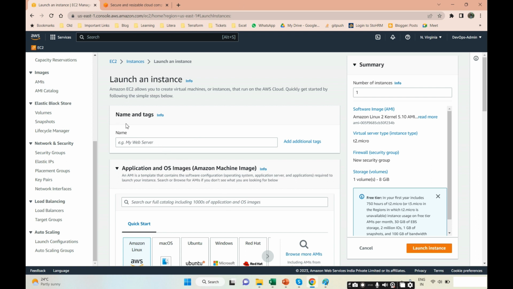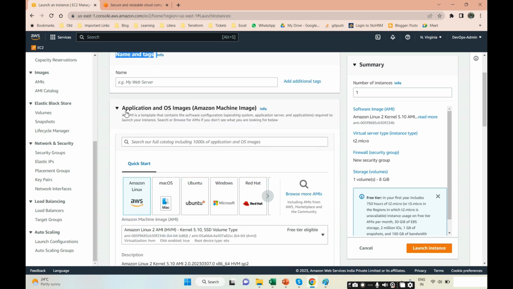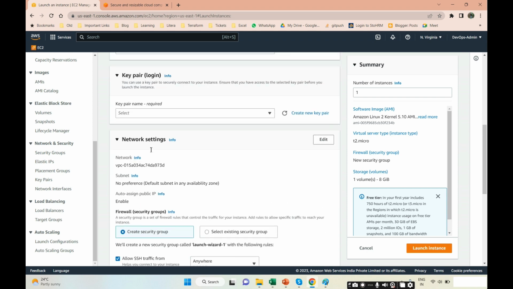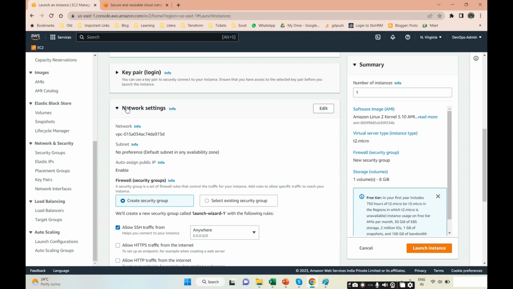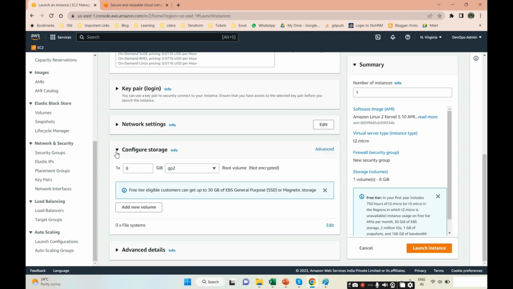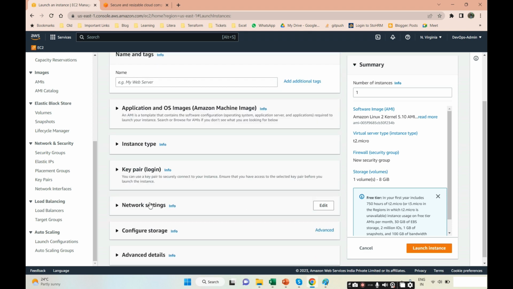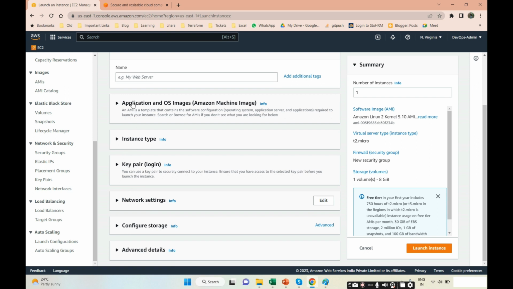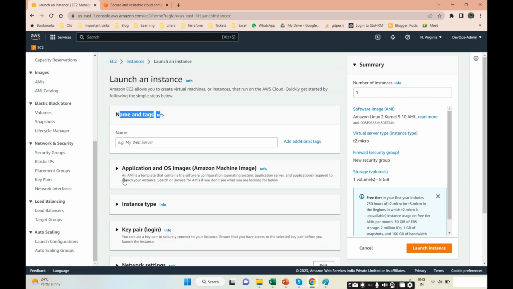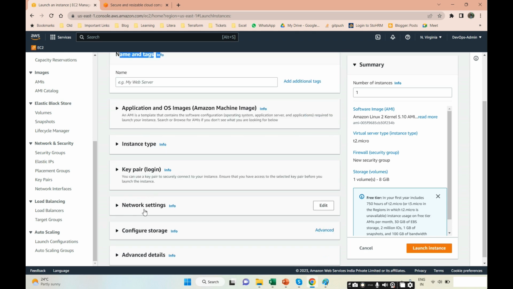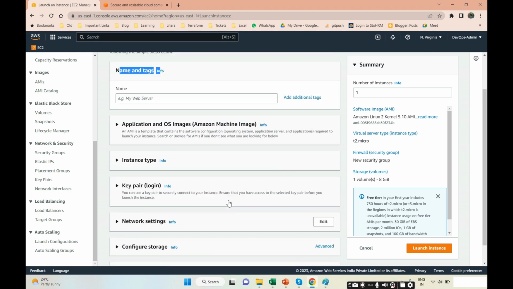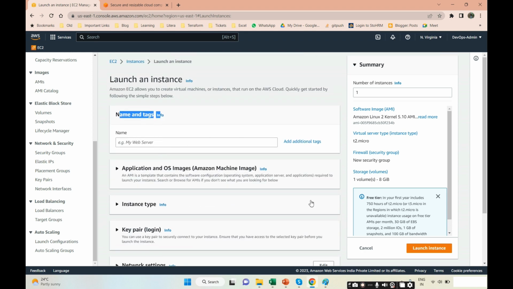See, the first section is name and tag. The second one is application and operating system. The third one is the key pair. The fourth one is the networking settings, the fifth one is configuration, and the sixth one is advanced settings. Earlier there were 7 steps, okay, 7 is there. See: name, application, instance type, key pair, network, configuration, and advanced. So these are the 7 stages you need to go through, and then you will be able to create the EC2